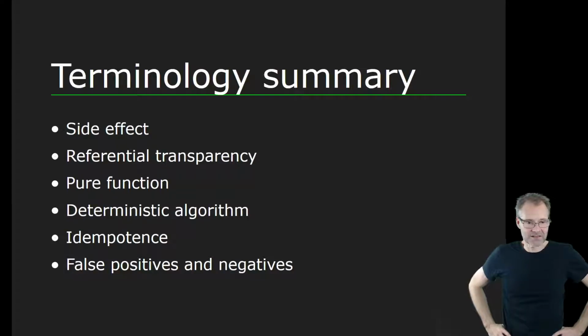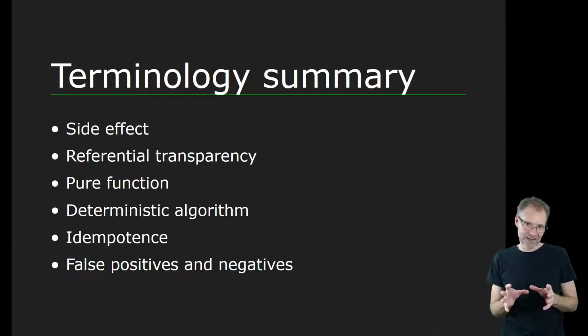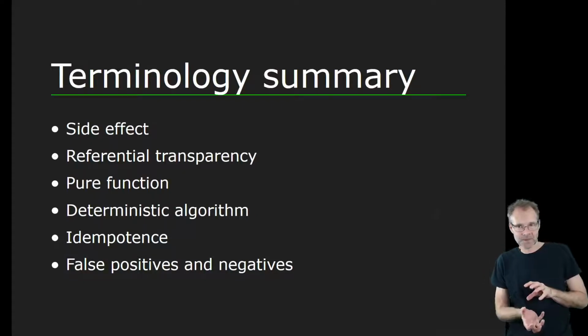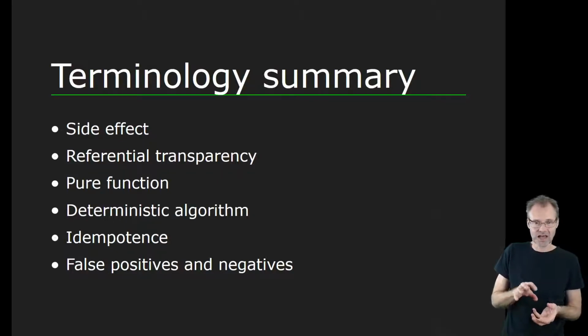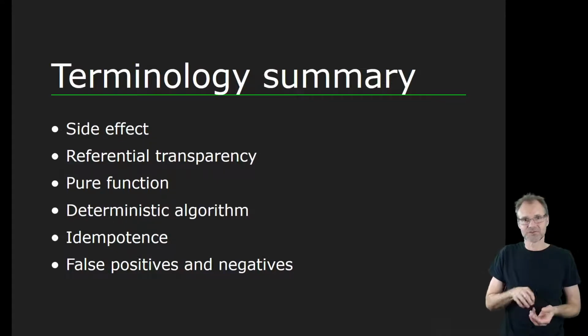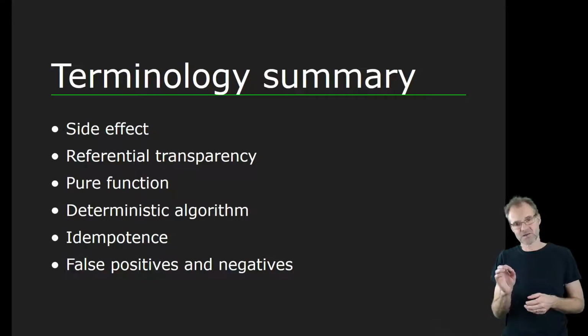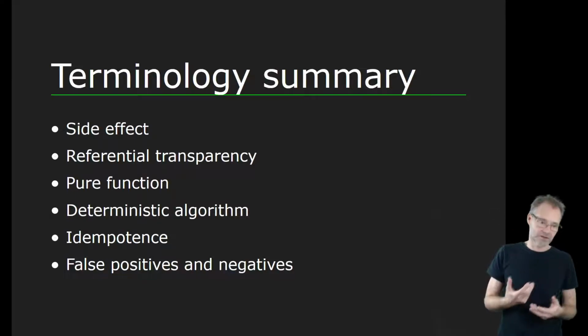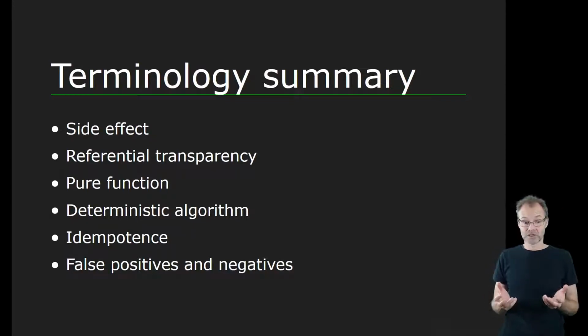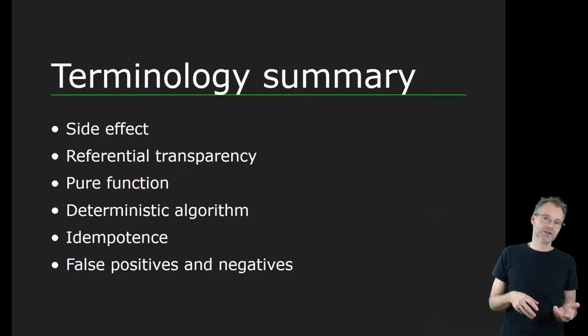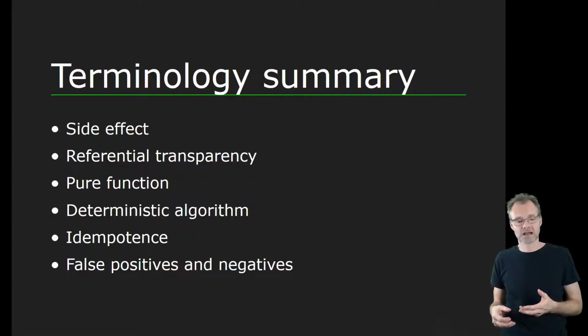So there we have it. It's a summary of the side effect part of this lecture. We have talked about side effects and how they affect how we write our code and what type of testing code we need to write. We talked about referential transparency, which could be achieved by using only pure functions. We talked about deterministic and non-deterministic algorithms